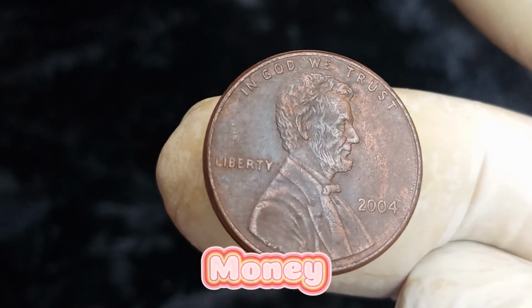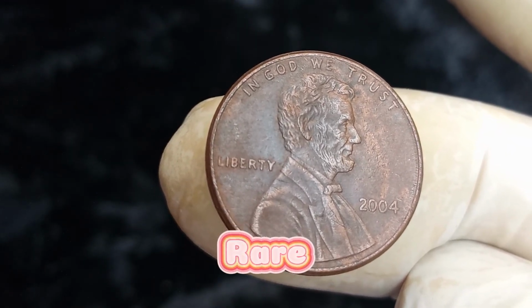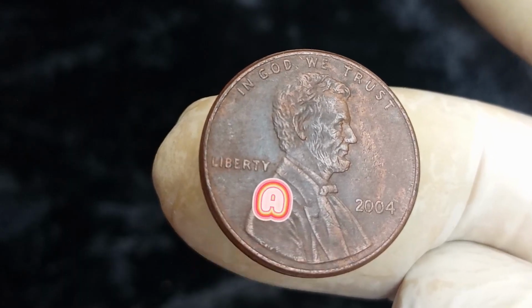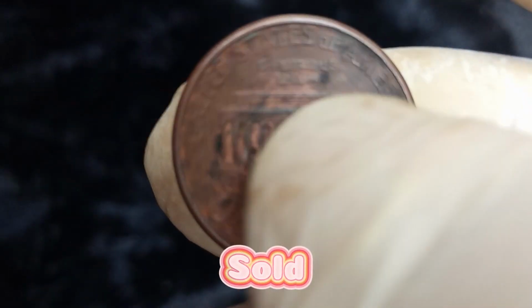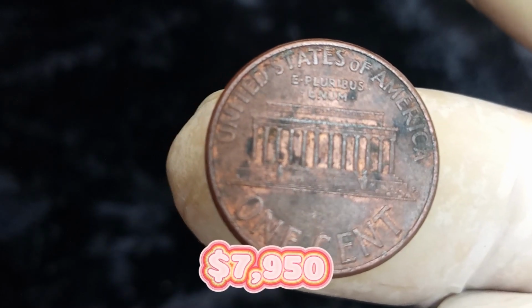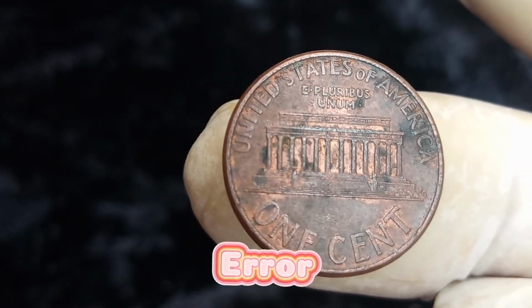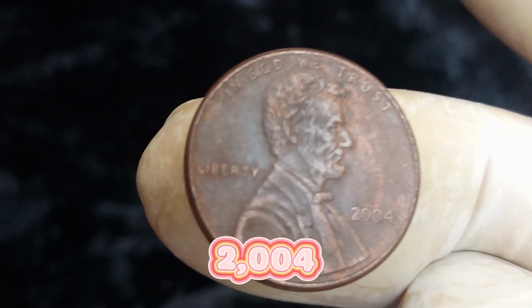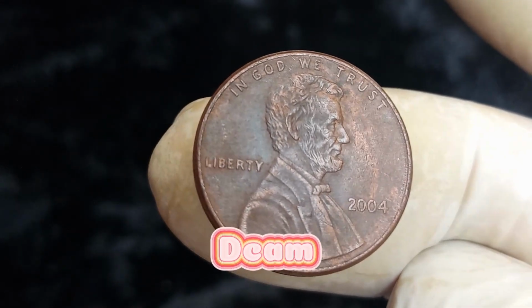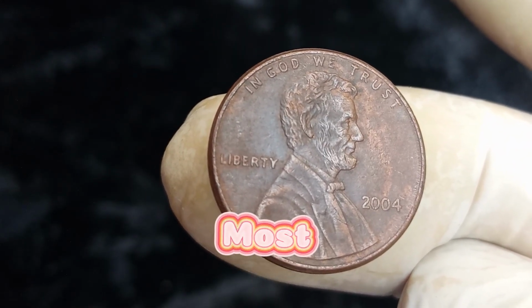Let's talk money. Here are some real market examples of what collectors have paid for rare 2004 Lincoln pennies. A 2004 DDO Lincoln cent in MS67 red sold for $7,950 at auction. A 2004 D Lincoln cent with an off-metal error sold for an astonishing $52,500. A proof 2004 S-graded PR70 DCAM sold for $700 on eBay in a bidding war,